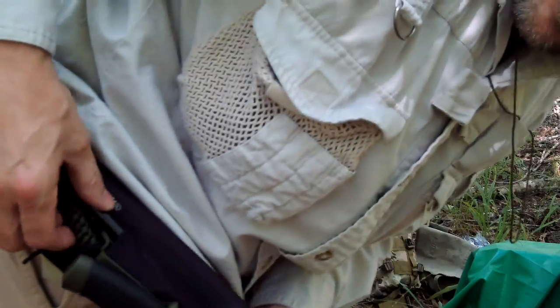The way we're going to start this fire today is with a ferro rod. Alright, now a friend of mine made a comment on the last video that he noticed that I take about 5 to 6 strikes, and that he likes to do his fires with 1 strike to try to conserve his ferro rod. Well, right off the bat, let's see if I can get it in the camera. I have